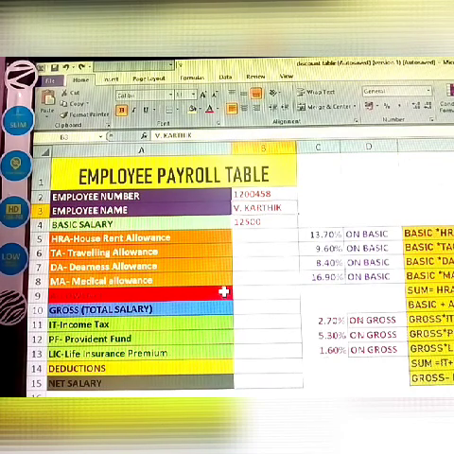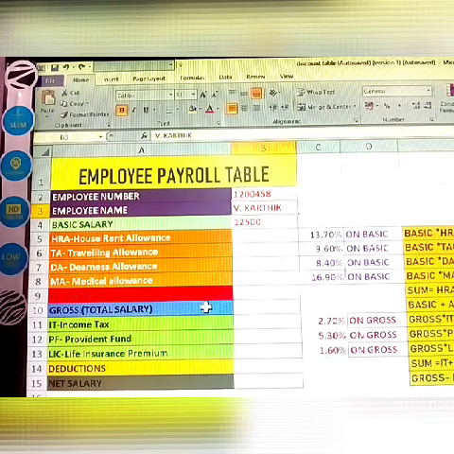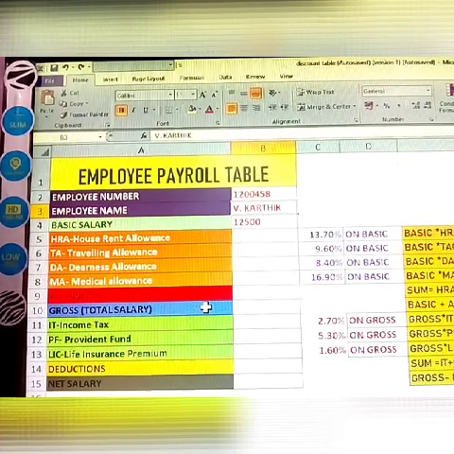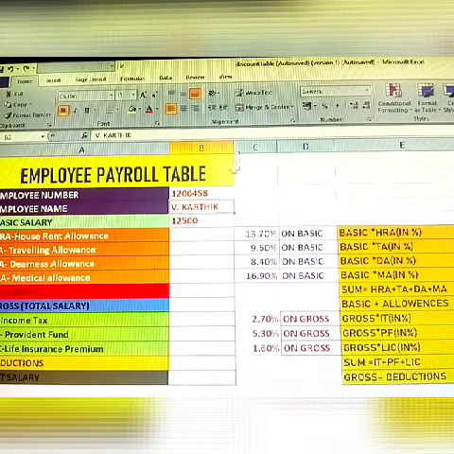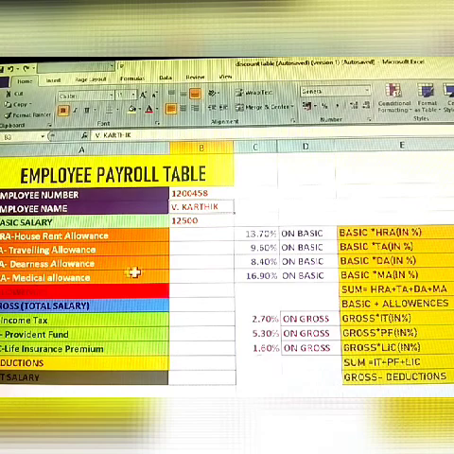House rent allowance is there, and travelling allowance is also there, and DA, dearness allowance, and MA, medical allowance. All these allowances are a must and should be included in the salary. How to calculate the house rent allowance, TA, DA, MA.